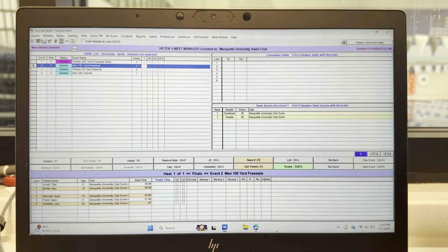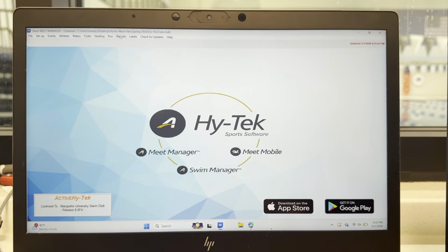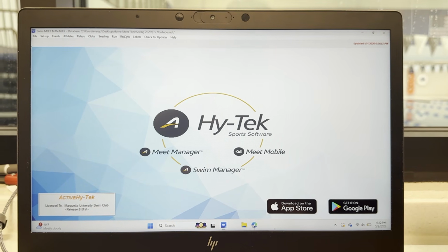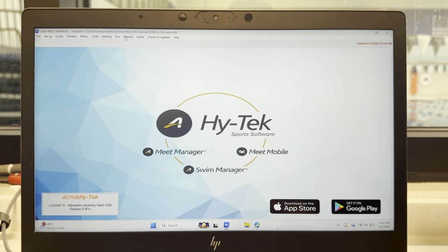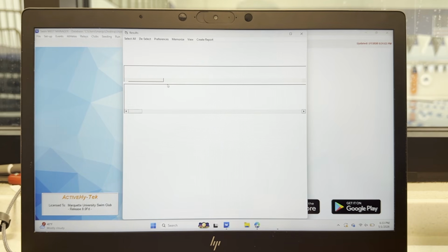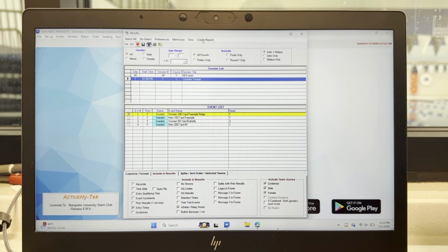When a meet is finished, what you can do then, just so you can give the results out to the teams that came and swam at your meet, is go again to reports, and at the bottom or middle bottom is going to be results and scores. Let's hit results. Obviously, it's going to look a little funky because we only have one event that was resulted, but let's create the report. One thing you can do, and I encourage it when sending these out, is go down to here